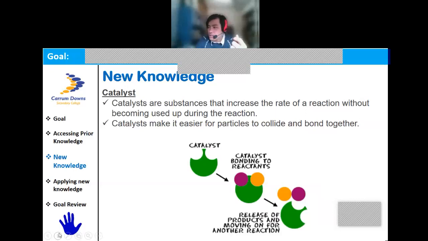Next one is catalyst. Catalysts are substances that increase the rate of a reaction without becoming used up during the reaction. Basically, catalysts make it easier for particles to collide and bond together. You can see an image to represent what catalysts do. Catalysts have these places on them that allow the reactants to come together